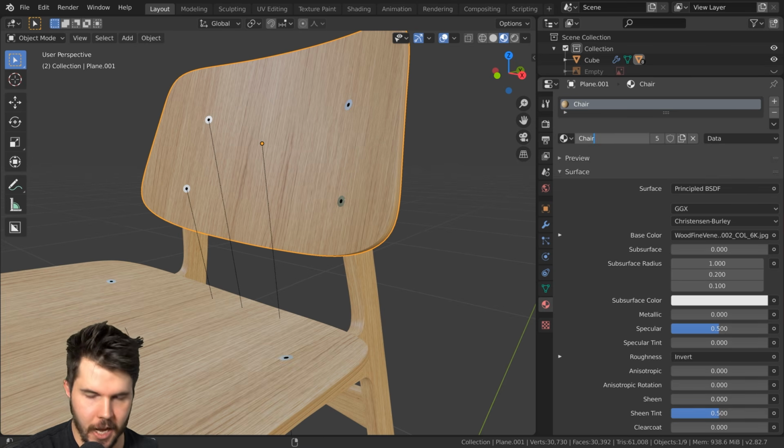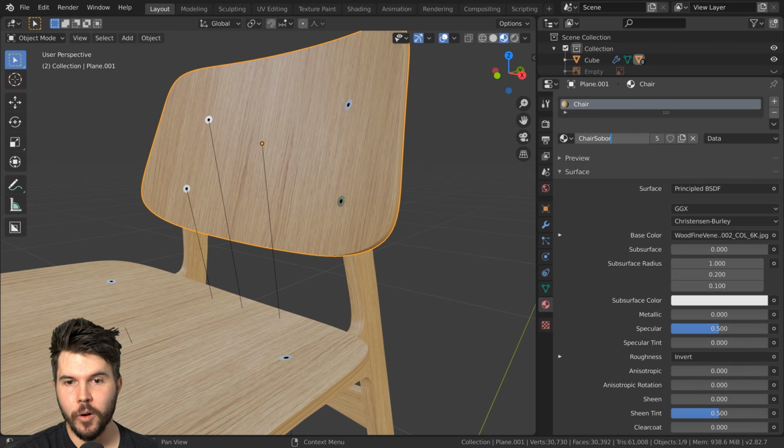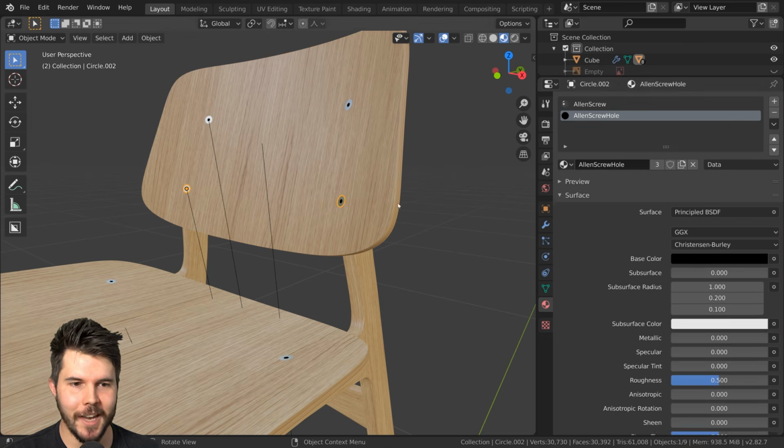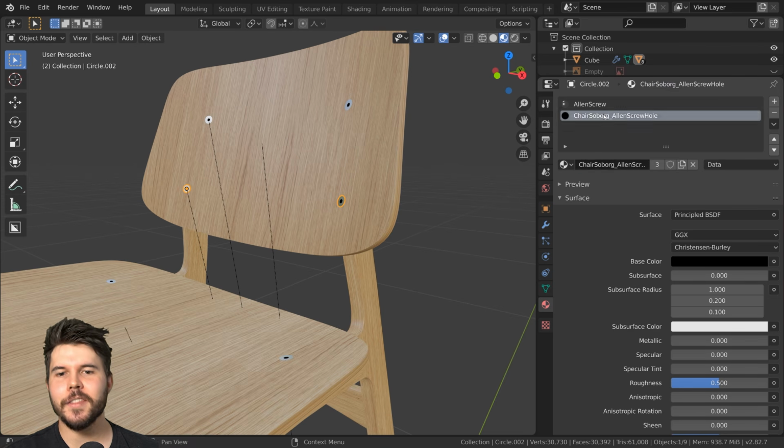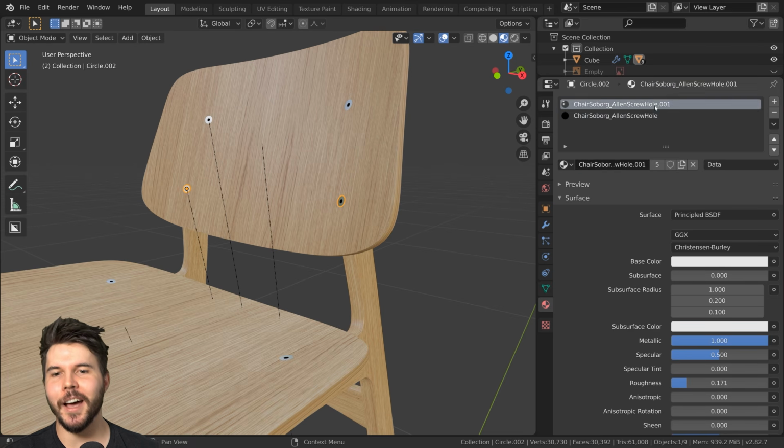So this is chair, Soborg, pine, or it's oak. That's right. I'll call it oak. So I know that that's what that is. And then I guess I would just add chair, Soborg. This is teaching you the production